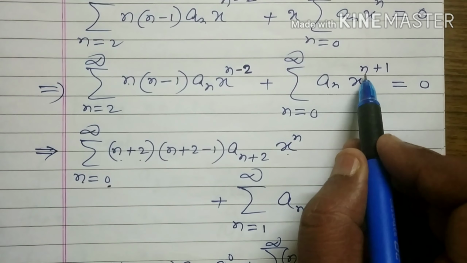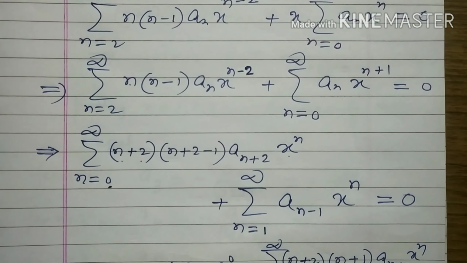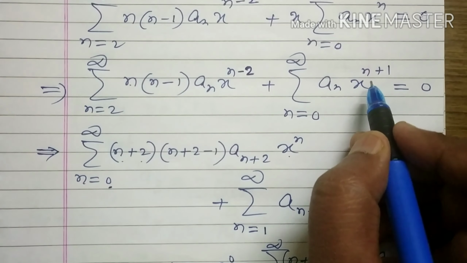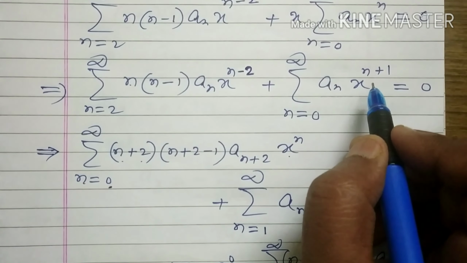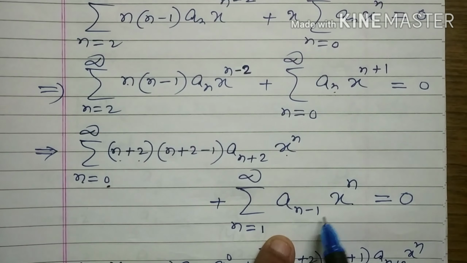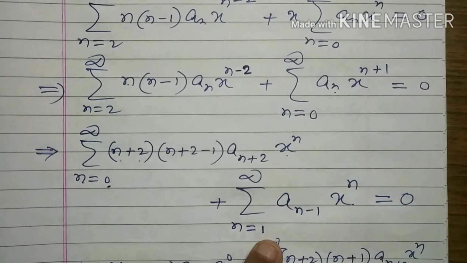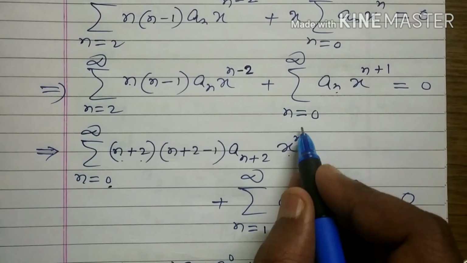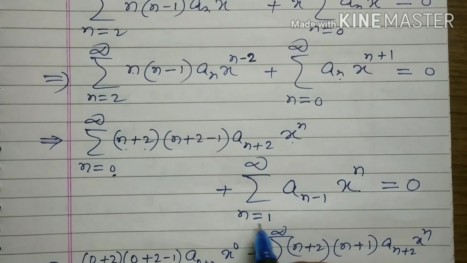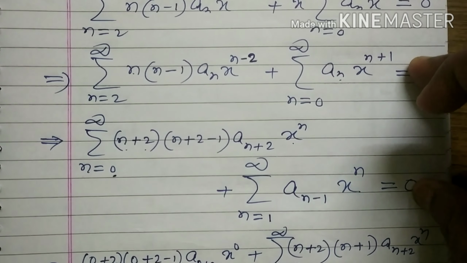Now come to the second part. I should replace n by n minus 1, that means you deduct something from n. How much are you deducting? n minus 1 means you are subtracting 1 here, and this n is replaced by n minus 1. So in the summation you should add 1. That's why n replaced by n gives n equals 1 to infinity. This is the most important information.